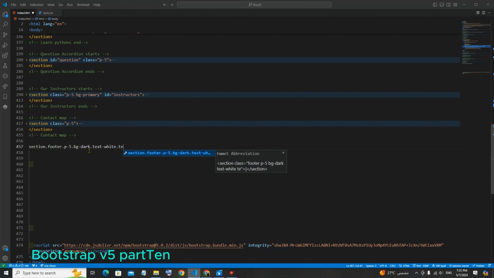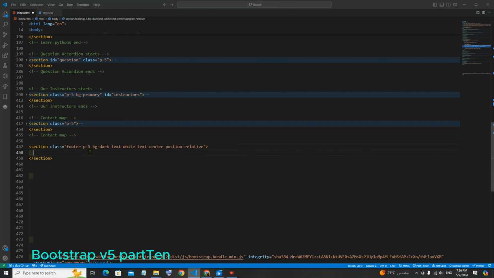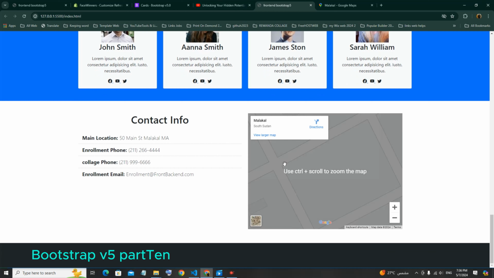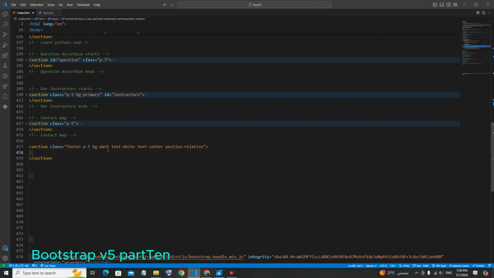Text to be center, and position to be relative, right? Position-relative. Good. Let's save to see that. Yes, here we are, guys. Great. So right now here,